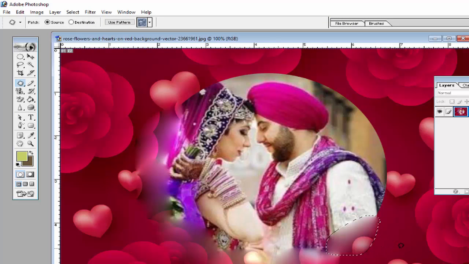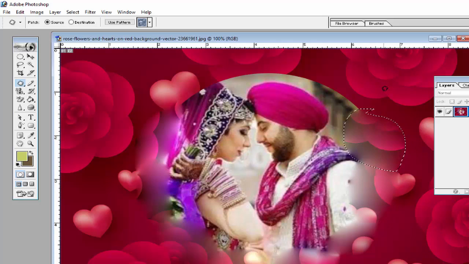This is a very nice option to mix the background image with the above image. This is a way to use the patch tool, and now the front image and background both are mixed with each other.